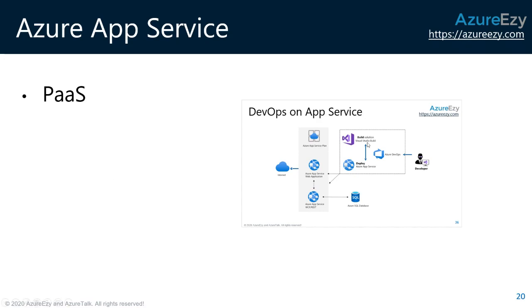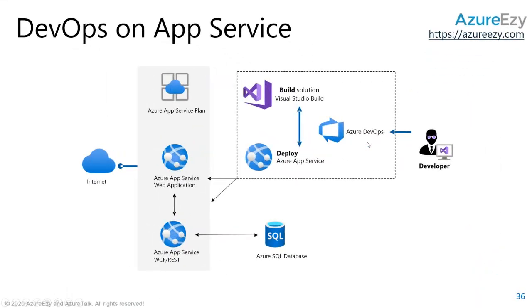Now, talking about the app service DevOps, when you deploy services in Azure, this is what happens. As a developer, you might be developing your code and putting it in Azure DevOps, in an Azure repo. Now you have the build definition, which takes care of deployment, or you can actually do it from Visual Studio as well. That is also possible, but you deploy it.